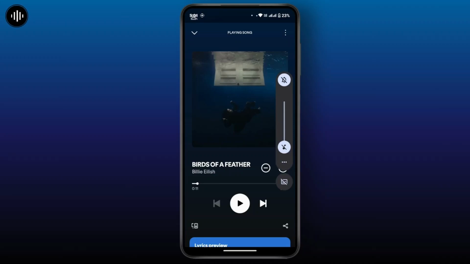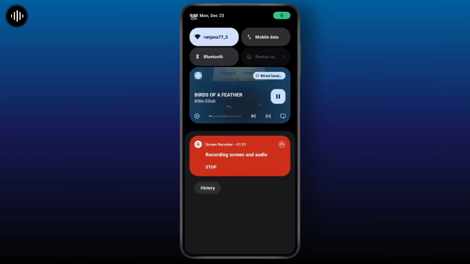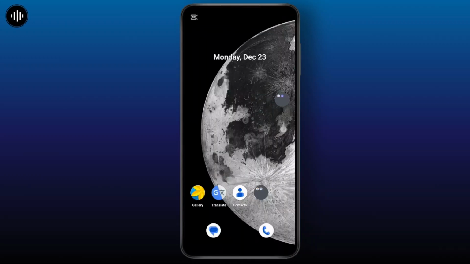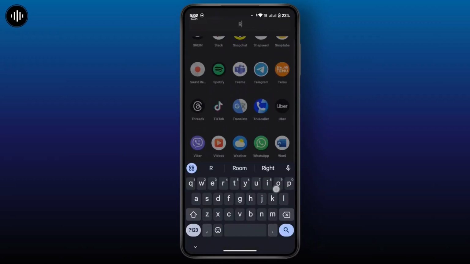Here, play the music, and once the music is being played, you can close Spotify, and there you can see the music is playing on my device. So while the music is playing, now you can open Roblox. You can switch to the Roblox application and join your game. So open up Roblox